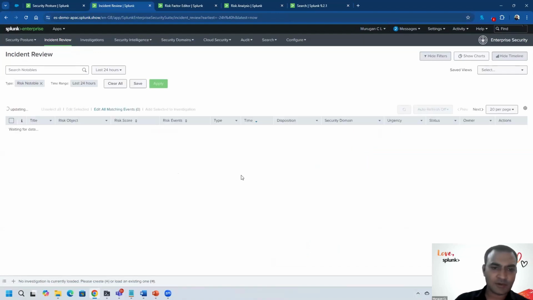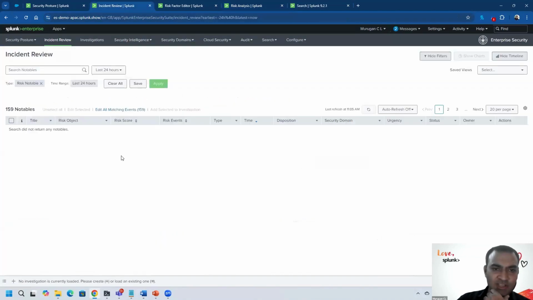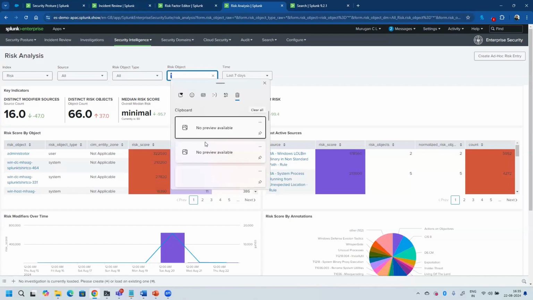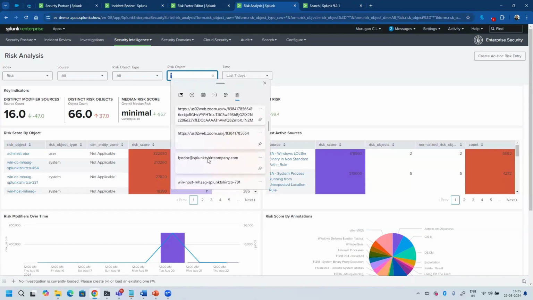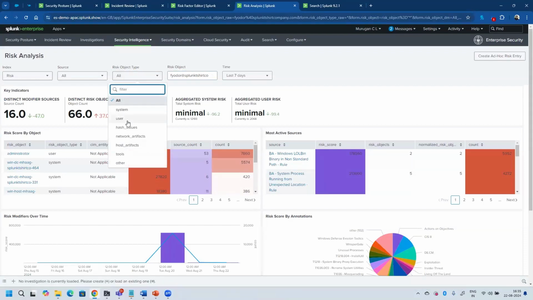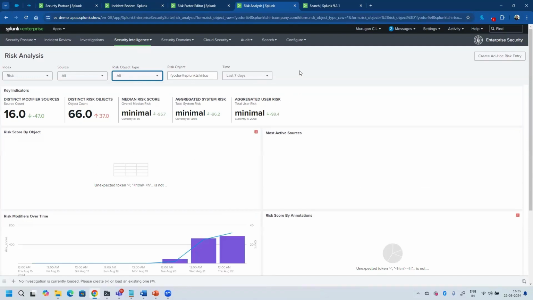So we also have another risk analysis dashboard in Splunk. This is an out-of-box dashboard. We can take one of the risk objects. I'd already copied a risk object, so let me paste that risk object. The risk object is a user. So we can filter down the details to a particular risk object and load this dashboard to see what are